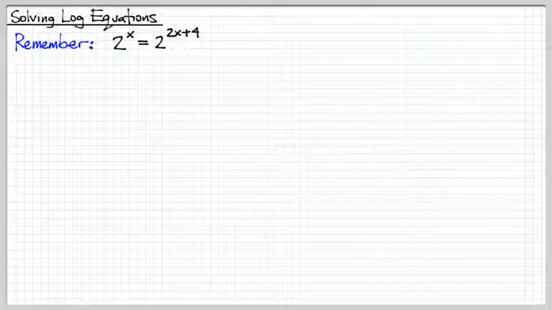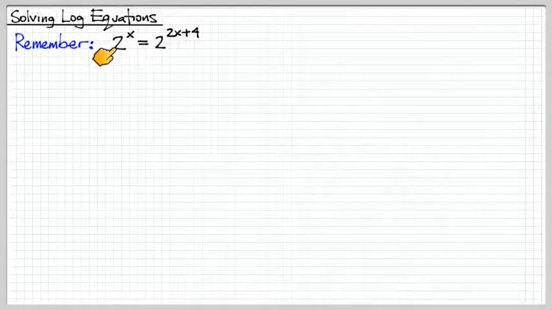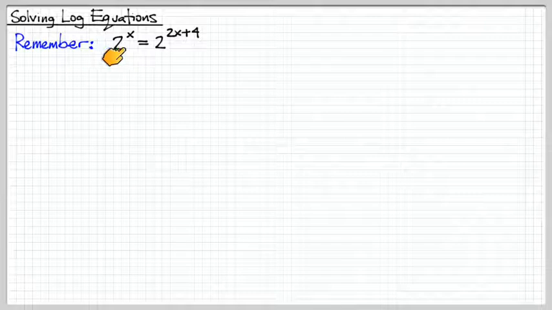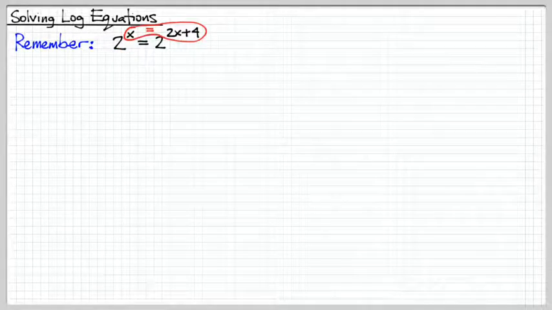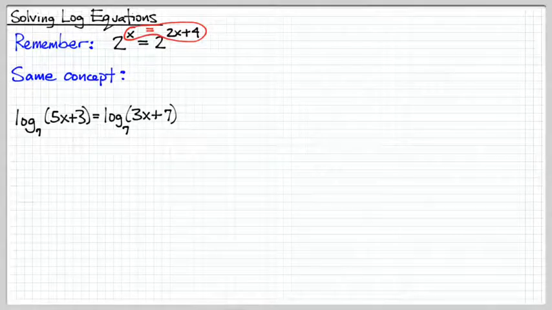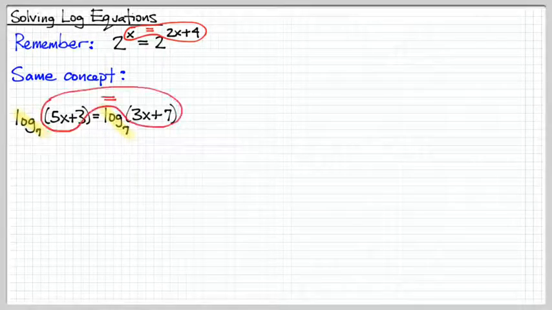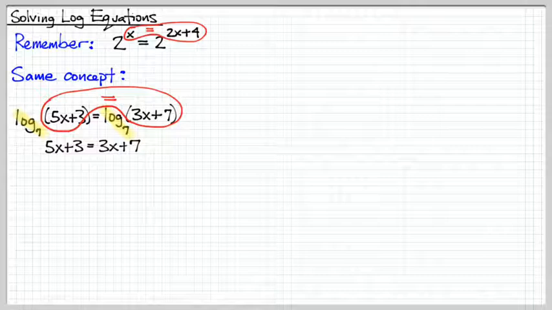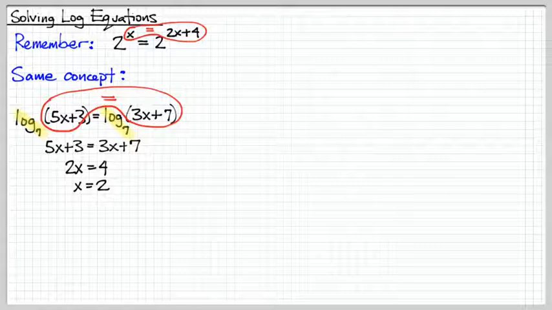Remember with exponential equations, if we had an exponential equation with the same base, we could solve this by equating the exponents. The same idea works with logs. In this example, we have logs to the same base, log base 7. So what we can do is set the insides of the log to be the same. So we could set 5x plus 3 equal to 3x plus 7,